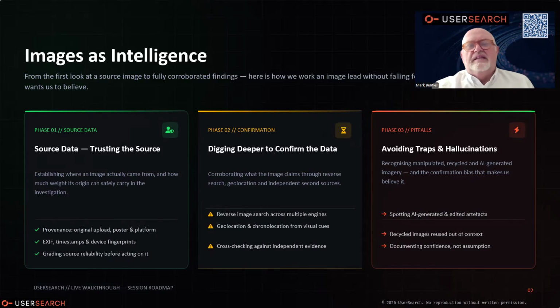So we have deleted image and data sources such as Wayback Machine and what have you, which will retain that data and images. And you may find a copy of the image historically that still has the metadata embedded in it. So we think about trusting that, the provenance. As a general rule, when you look at an image, if you find a single solitary image on a single solitary website, then you've got a lot of work to do. And I'll show you that operationally as we talk about this in a little while.